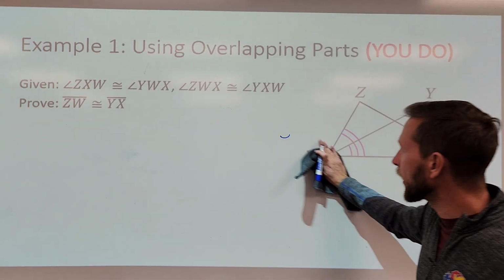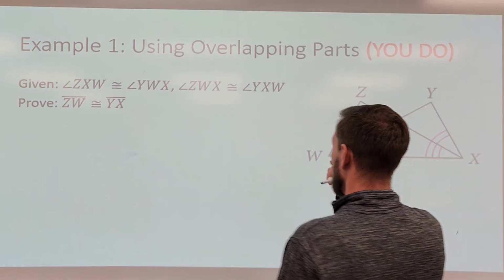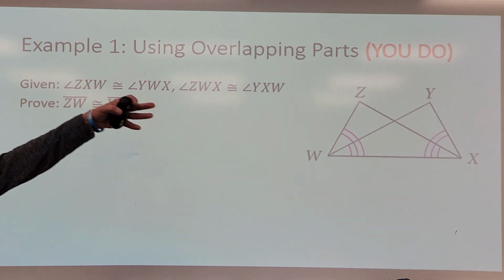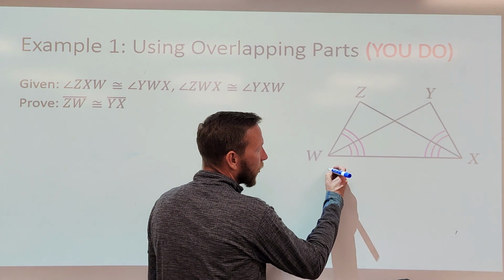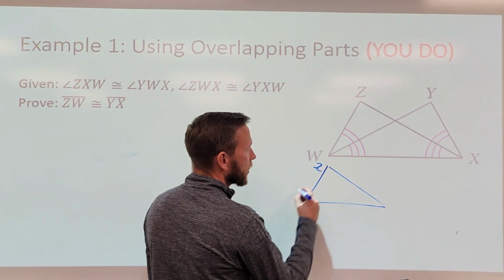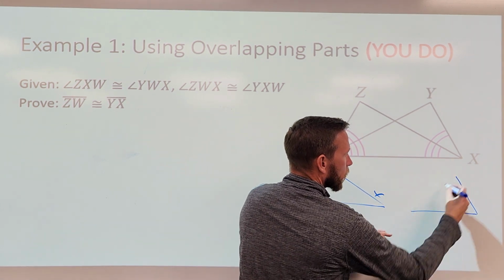All right, so we're going to separate it out and look for overlapping shared congruent parts. So here in this triangle, it says you do. This is a little harsh, so I'm not going to have you do it. I'm actually going to work it out for you. We're going to have this triangle right here, which is ZWX, and then I'm going to draw the other overlapped triangle over here,